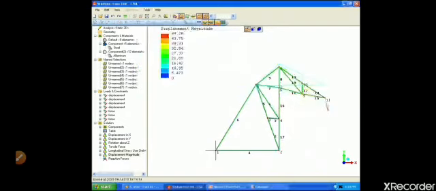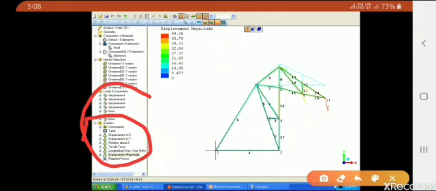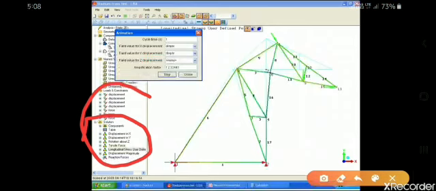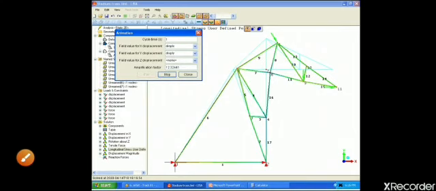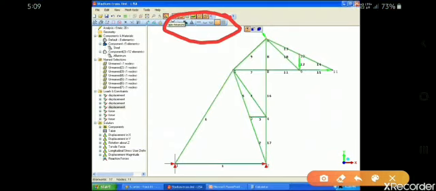Then all the results are displayed in this solution section. For the truss element, the important results are related with the displacement in x direction, y direction, tensile force in individual truss element, longitudinal stresses, etc. All these are shown here, and we can display them by selecting them one by one, and they get displayed in the form of a dialog box. We can animate also, and to control all these things we have the button here.